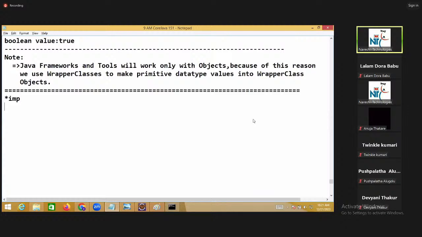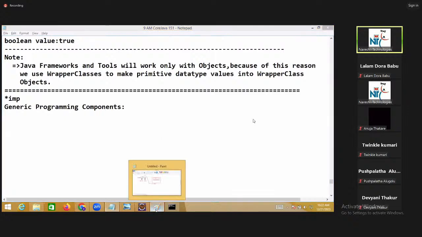Star mark, important: generic programming components. Look here, roughly I'm speaking.